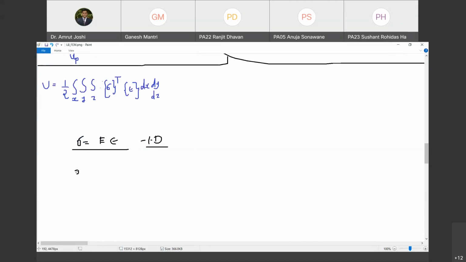Generalized Hooke's law we have taken care of earlier. I have told you the stress tensor sigma will be given as a 6x6 matrix, which is called the constitutive matrix, multiplied by the strain tensor. Do you agree with me? Yes, sir. This is 6 cross 1, this is 6 cross 1, and this has a size of 6 cross 6. And we call this matrix the constitutive matrix. I denote it by the letter C. Are you with me?